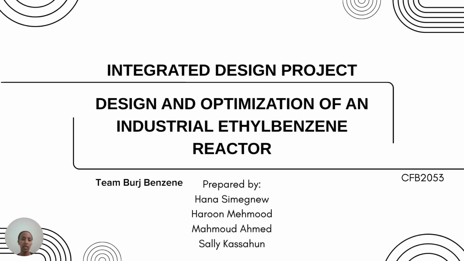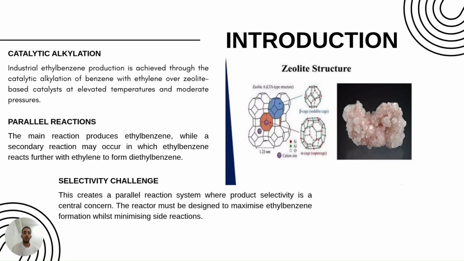Hi, I'm Sally Kasaun. Starting with the introduction, our project focuses on the industrial production of ethylbenzene through catalytic alkylation of benzene with ethylene. This process is widely used in petrochemical industries, but it comes with challenges such as parallel reactions and selectivity issues. Our goal is to analyze and optimize the reactor system to maximize ethylbenzene yield while minimizing